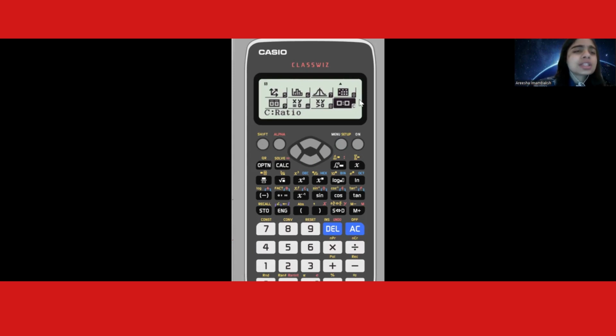Really beneficial to us. Then let's look at the ratio function. So alpha C. Okay, this X shows that this part of the ratio is missing. So if we choose 1, let's say these values are given to us, they may be in word problem form and we need to find the missing one, right? And this is how we can find the X value. Similarly, for the other ratio,